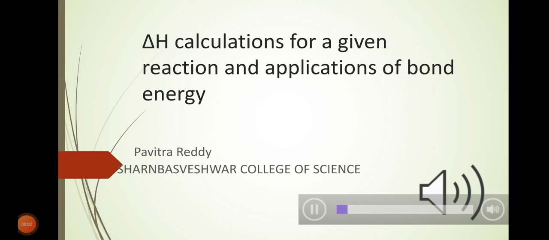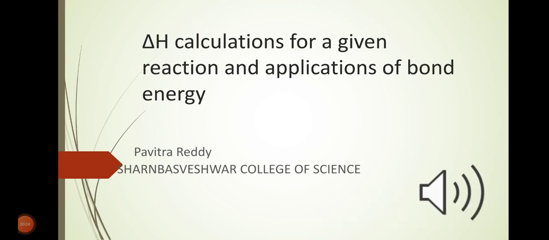Last class we discussed thermochemistry: enthalpy of formation, standard enthalpy of formation, and bond energy or bond enthalpy, and the change in bond enthalpy calculations in a given reaction. So in today's class we will discuss some more problems regarding the change in enthalpy calculation in a given reaction,